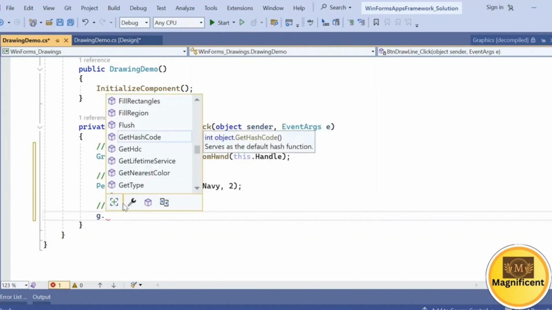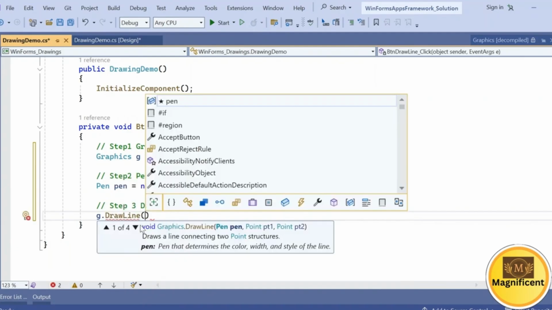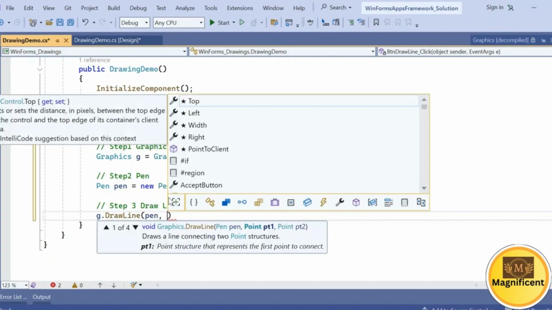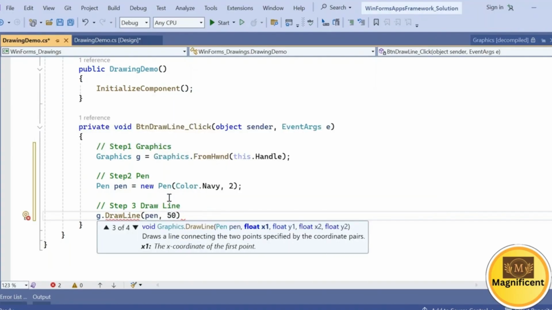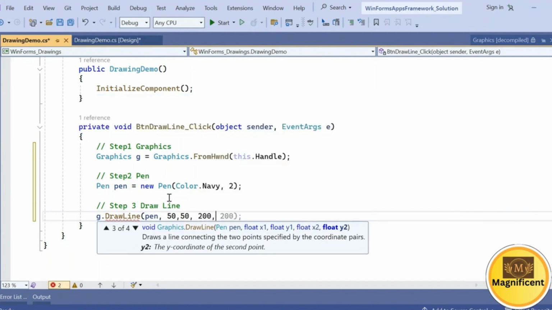Step 3, g dot draw line. In the draw line we need to pass p, the pen, which color pen we are going to use, and x1, y1, and x2, y2. I have created already a navy color pen, so I'm passing the pen, and x1 is 50, and y1 is also 50, and for a horizontal line it will be 200